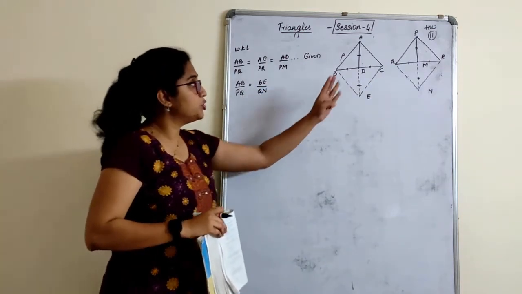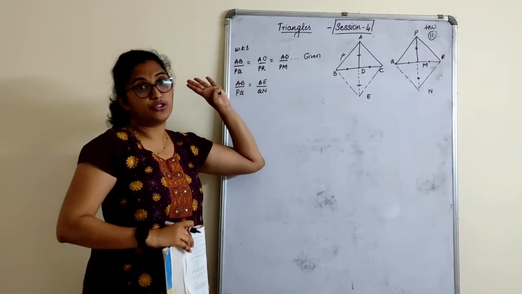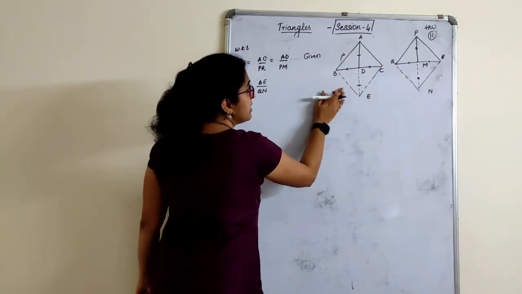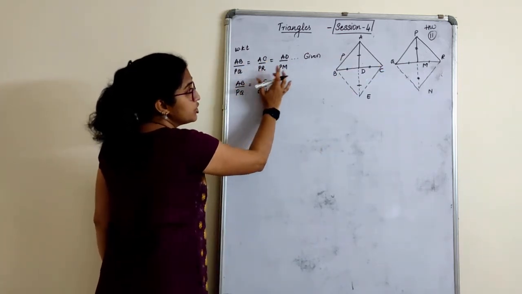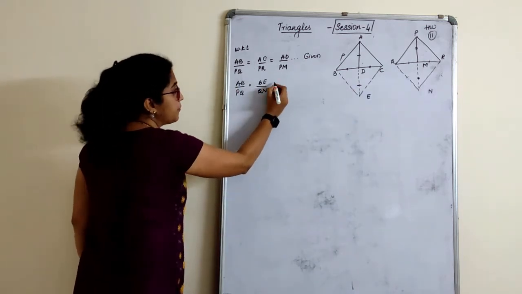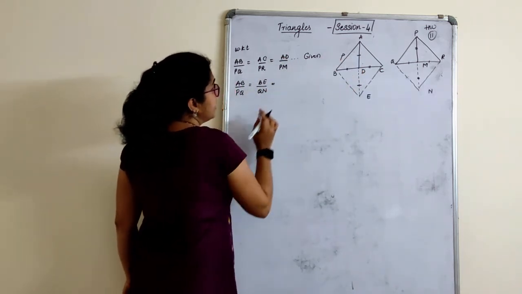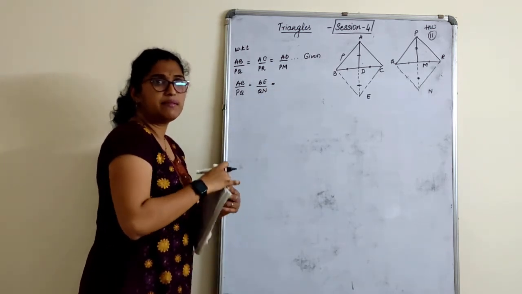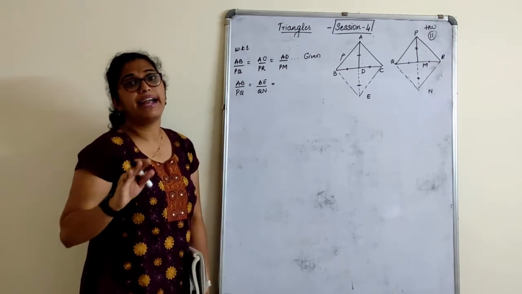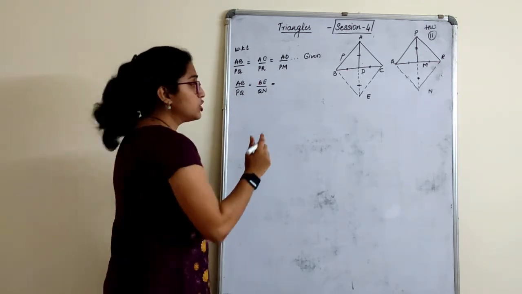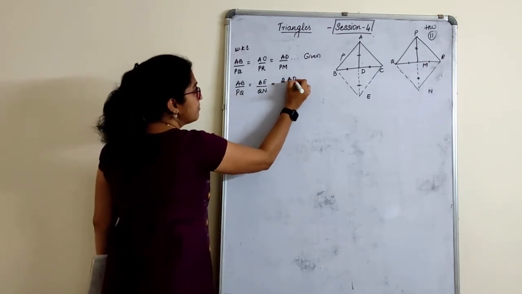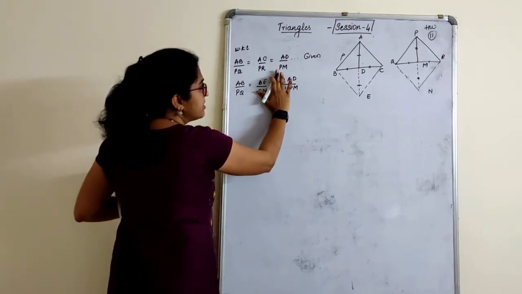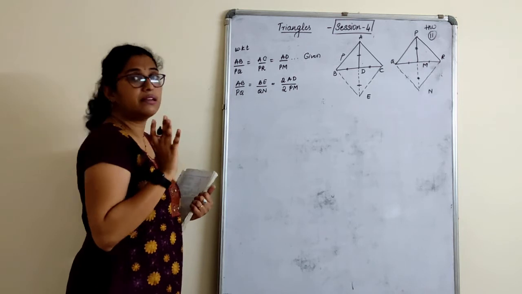See, I am trying to use something from the LHS side of the triangle from both the sides. That is why I kept AB as it is. Instead of AC, I wrote BE. Instead of PR, I wrote QN. AD, I will just multiply by 2 times. Why 2 times? Something if I multiply to it, I will divide also something to it. If I cancel, I get the original one. I will simply write here 2 times of AD divided by 2 times of PM. If I cancel this, I get back again AD and PM only.